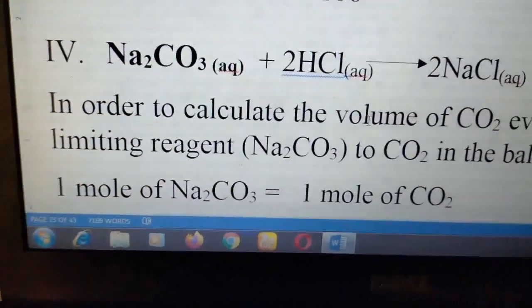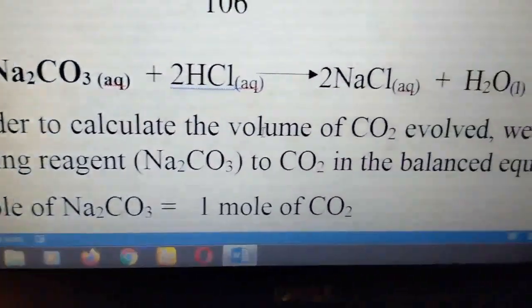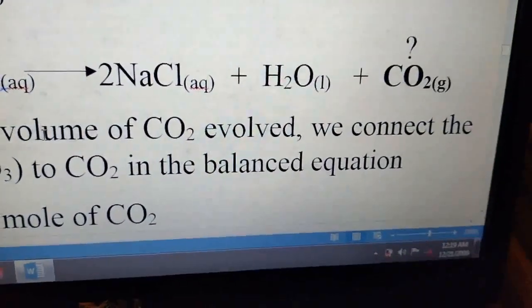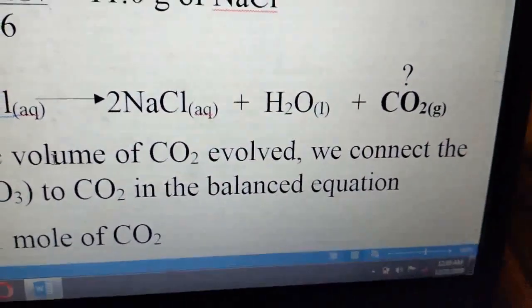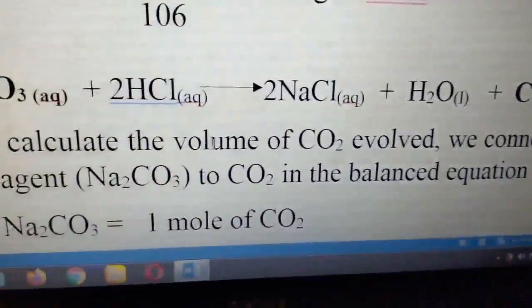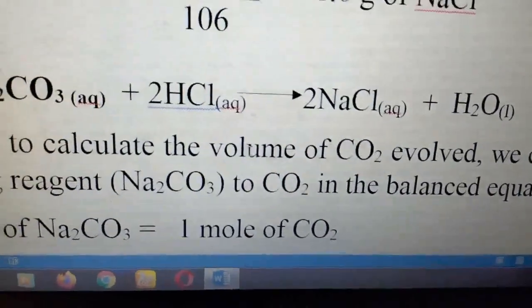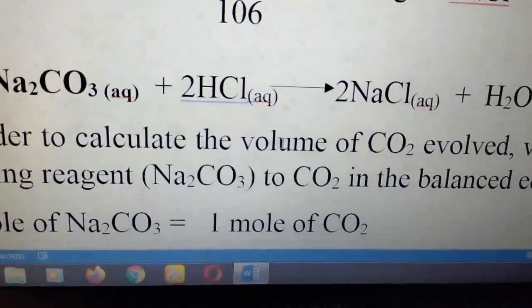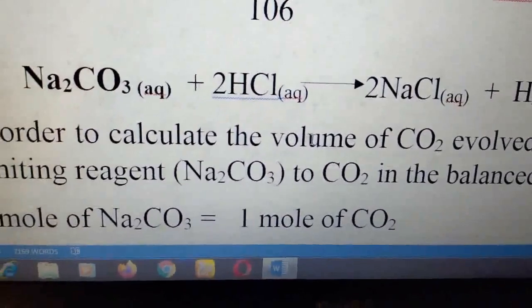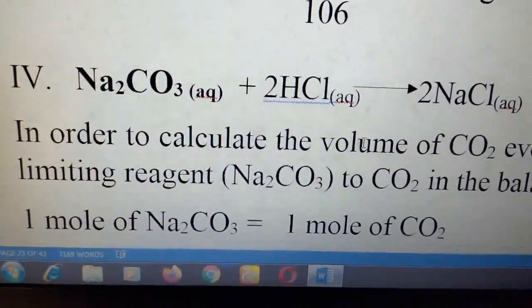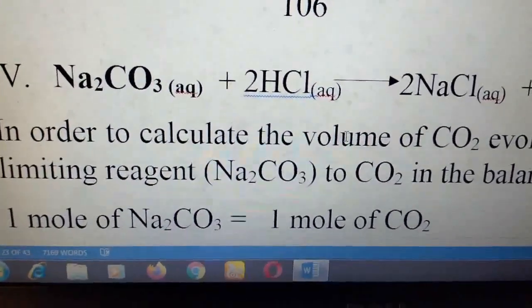Question IV says we should find the volume of CO2 gas liberated. You see, that's why the question mark is on CO2. We still connect the limiting reagent. Don't use the excess reagent. Although if I use the excess reagent, I will still get the correct answer, to be on the safe side, use the limiting reagent because the limiting reagent reacted completely to give you